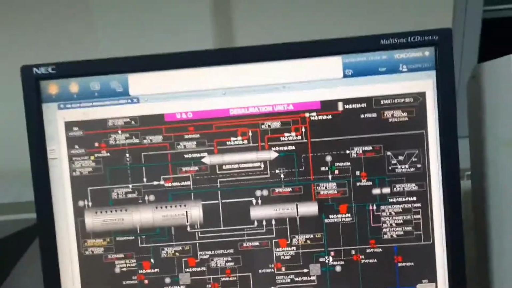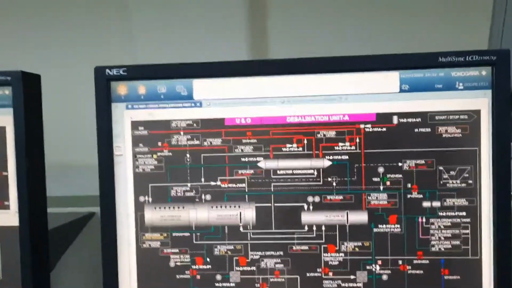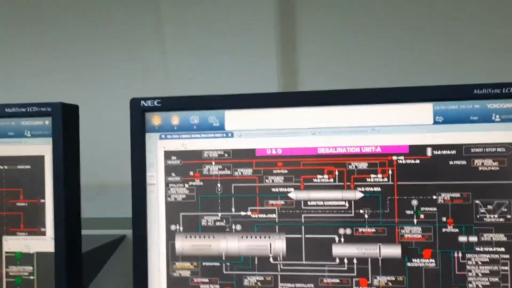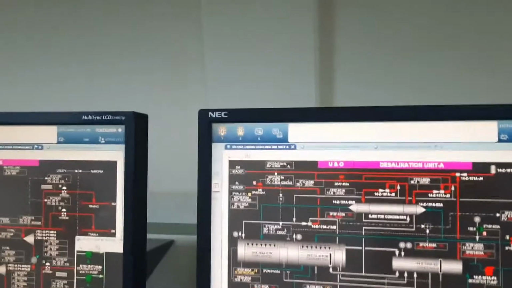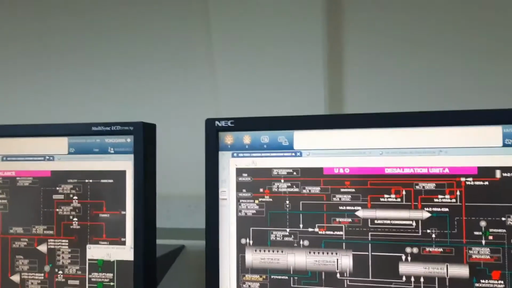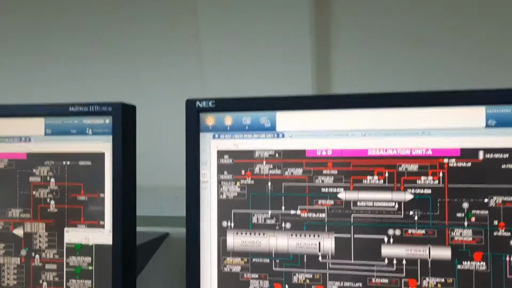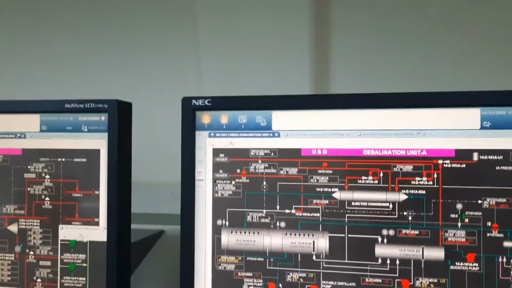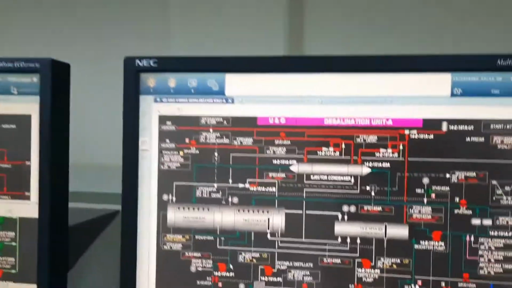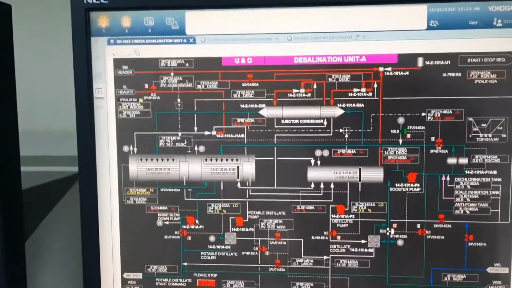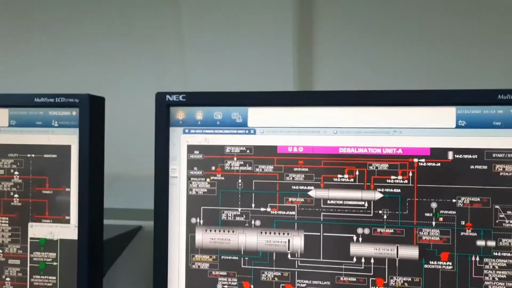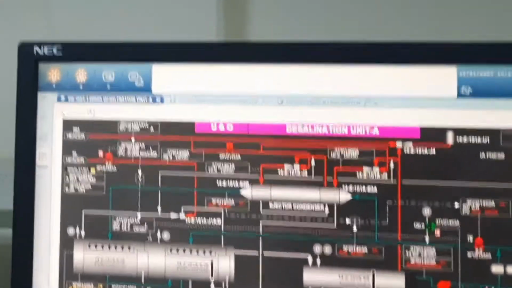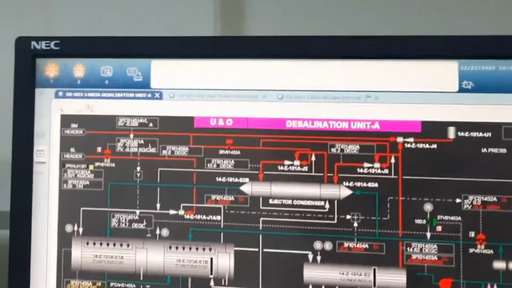Okay. For dosing the acid, you need to make one hose connection from the acid container to the desalination unit, because the acid container is separate. This hose connection we will connect to the brine blow down suction area, one drain valve. By this drain valve we will connect the hose for dosing acid. This is our first job. First we have to do this one.